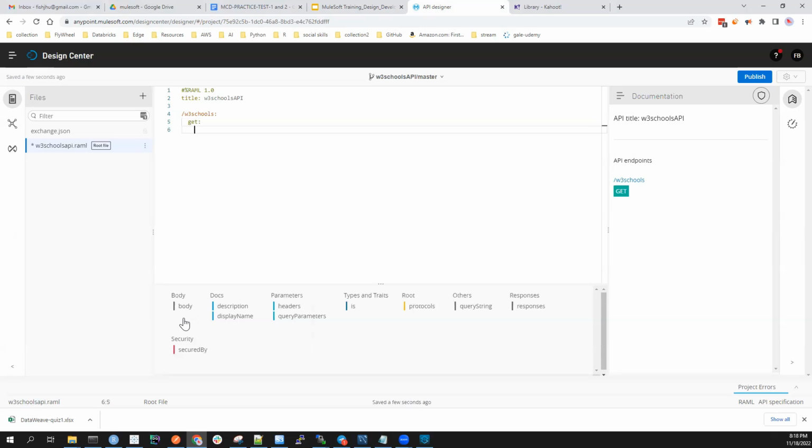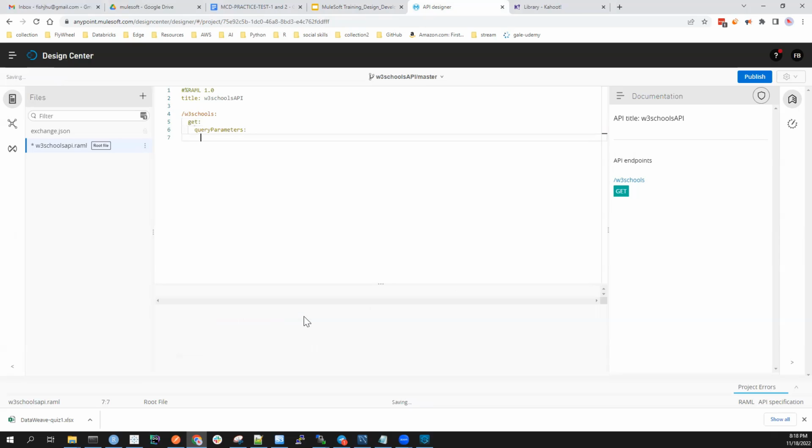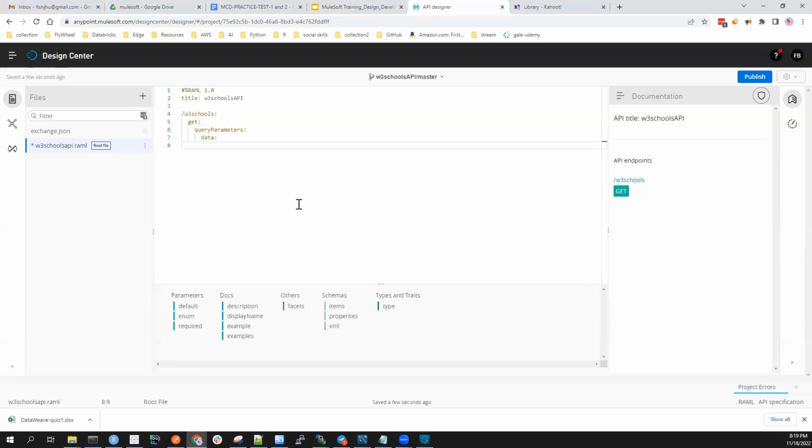And now I can add a query parameter. Under parameters here on the shelf, you see headers and query parameters. I need query parameters. I just click query parameters. Now this one is also indented, the right indentation, it takes care of for me. And on the right, also pay attention, under API endpoints, you see the resource, W3 schools, and the method that we have put already so far. So we say the query parameter, we are going to call it data. So I put data. Since it doesn't know what query parameter I would use, it didn't give me any suggestion. Now, when I click enter, it gives me different suggestions that are